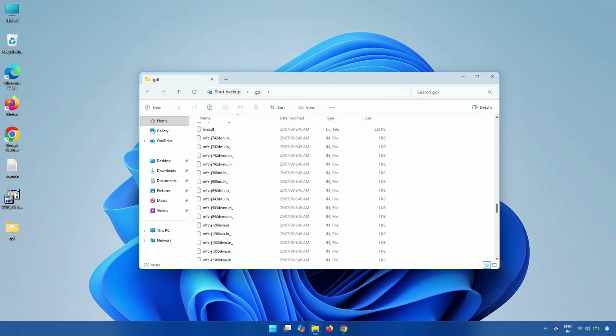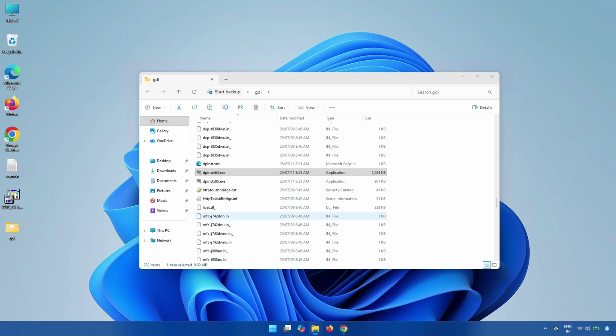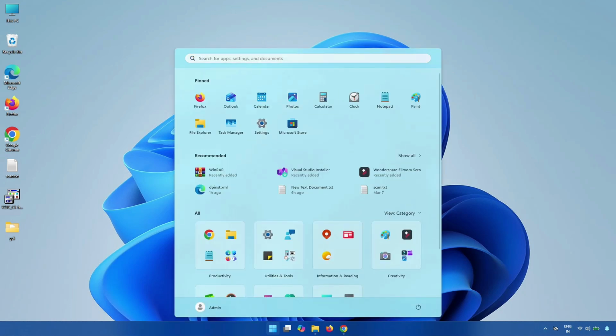This is the main setup for 64-bit. Just right click, run as administrator, and then click yes. Then close it. Now connect your printer to your system, your laptop or desktop, via USB cable. Then click on Start, click on Settings,